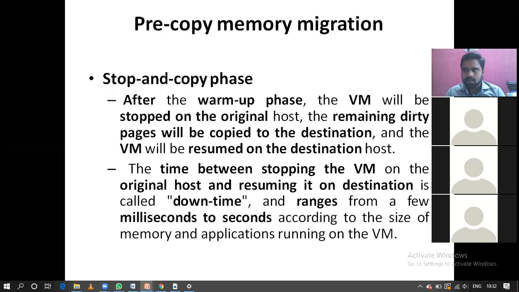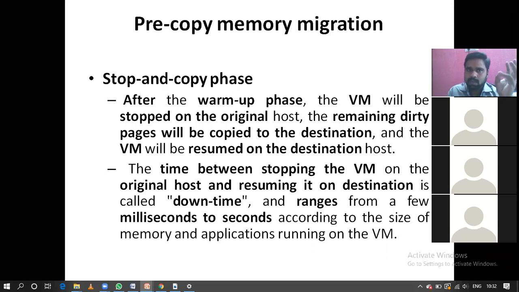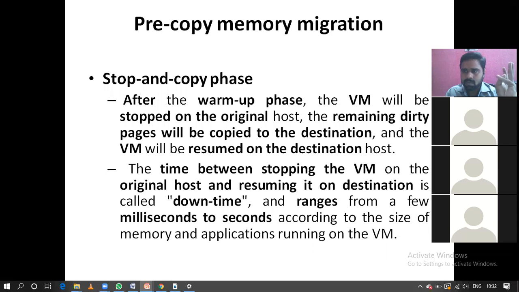Once again I am repeating, guys, in pre-copy memory migration, the first one is the warm-up phase. In the warm-up phase, we copy all the content from the source to the destination. Meanwhile, the virtual machine will be running on the source side. It will change some pages. Those pages we call dirty pages. That is the warm-up phase.